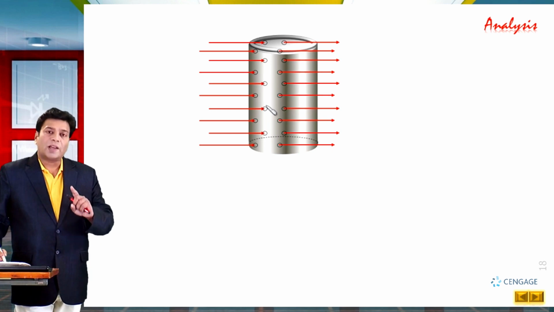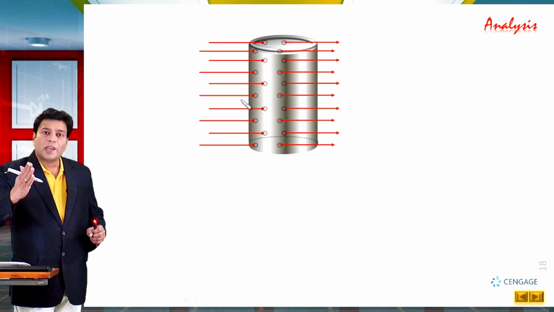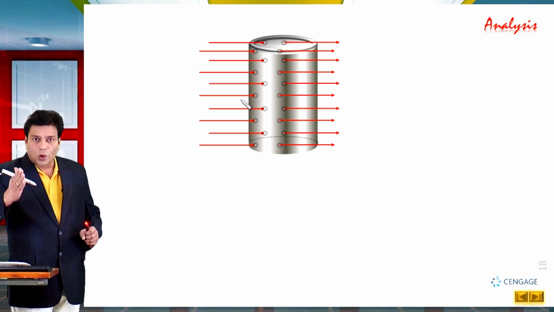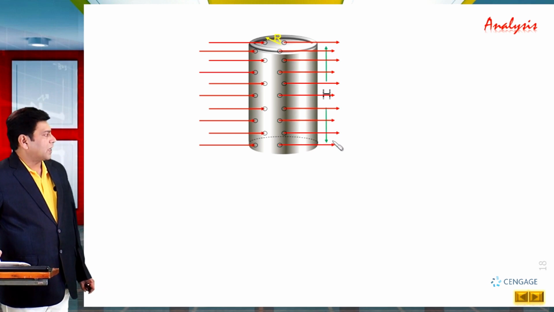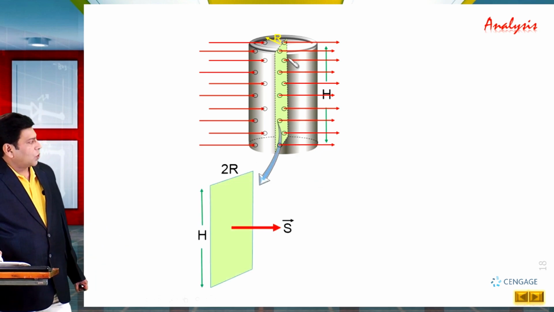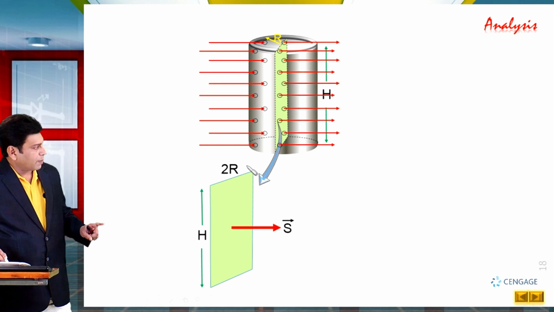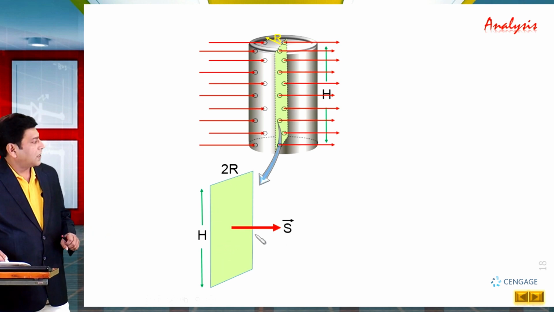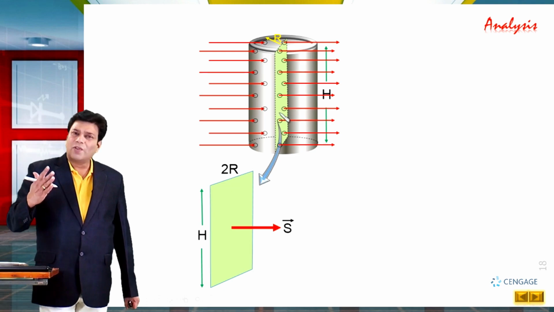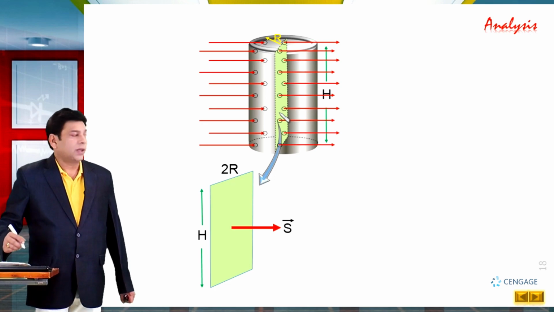That means the flux magnitude that is entering the cylinder should also be equal to the flux passing through the cross section of the cylinder. So let us make the cross section of the cylinder and make this diagram separately like this. You can observe here the cross section is rectangular, this dimension is 2r and height is h, and the area vector of the cross section is in the rightward direction. And here we are interested in the flux entering the cylinder, so we will calculate the magnitude only.